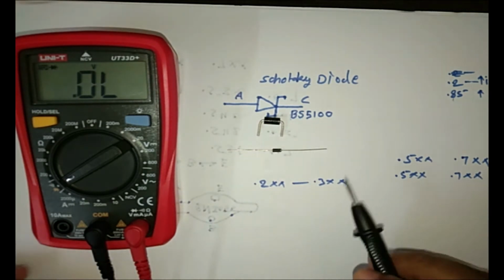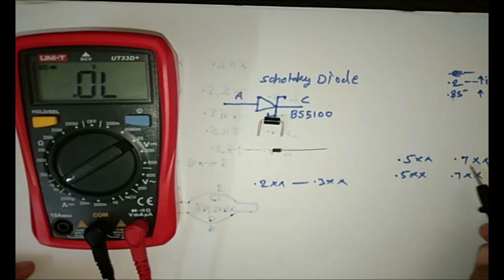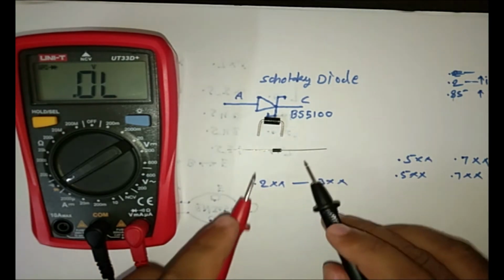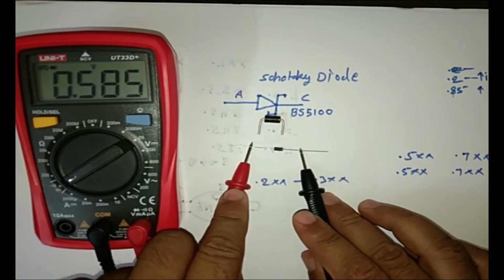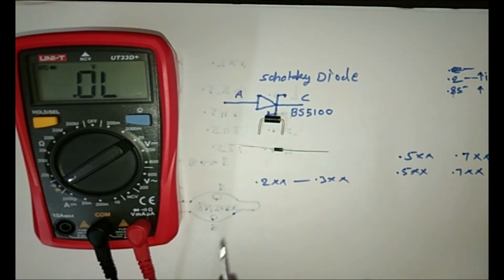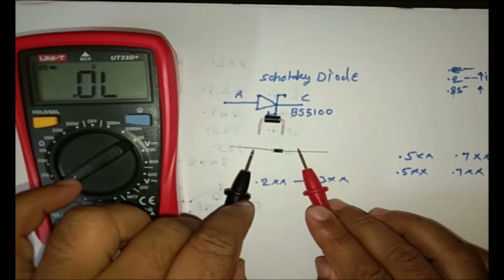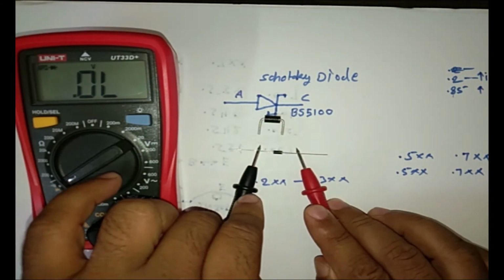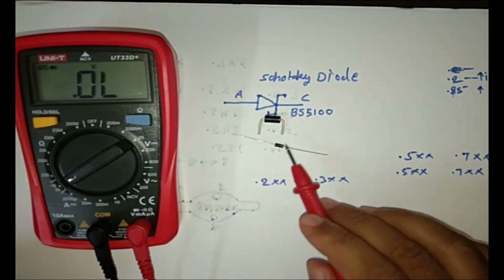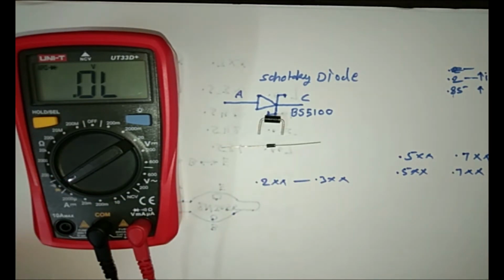The same thing applies to the simple diode. But the simple diode will show a range from 0.5 to 0.7 like this. It is showing 0.585. If we interchange the leads, red at the cathode and black at the anode, it will always show open. So it is also in the right condition. You can see here both diodes are in the right condition.